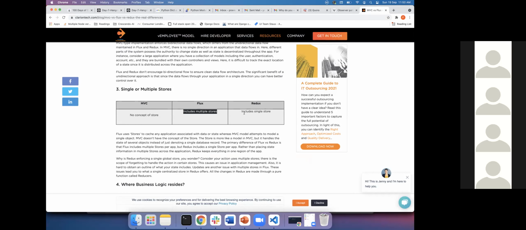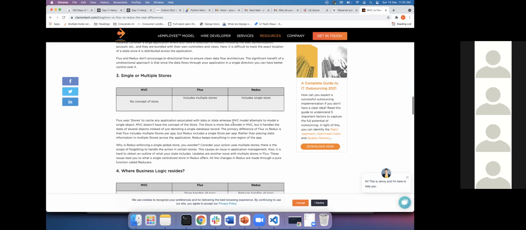As per Redux, you use a single store, but as per Flux, you can use multiple stores. Other than multiple stores, I did not see much difference between Redux and Flux, because they use the same pattern of writing actions and events and all that.